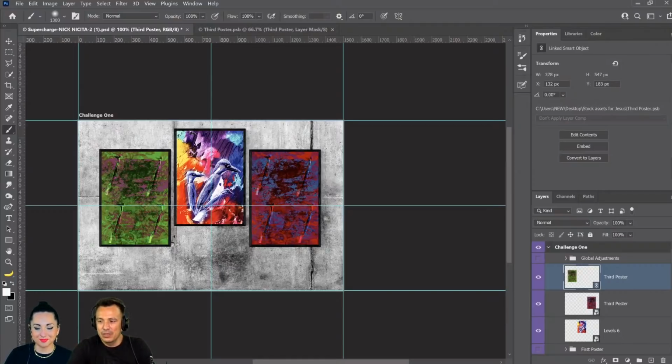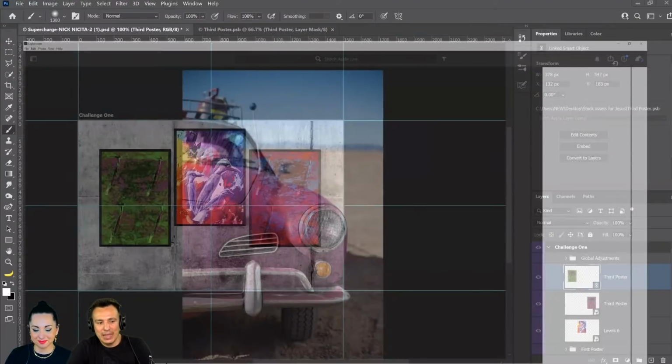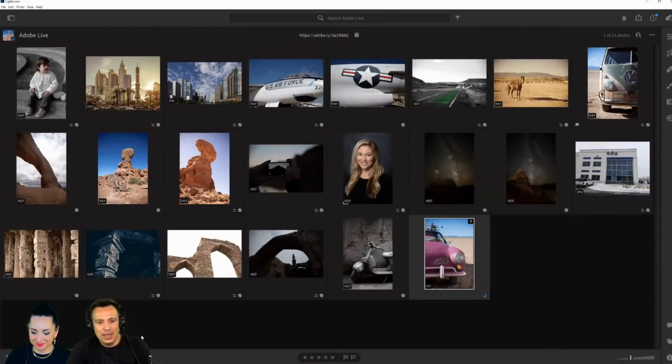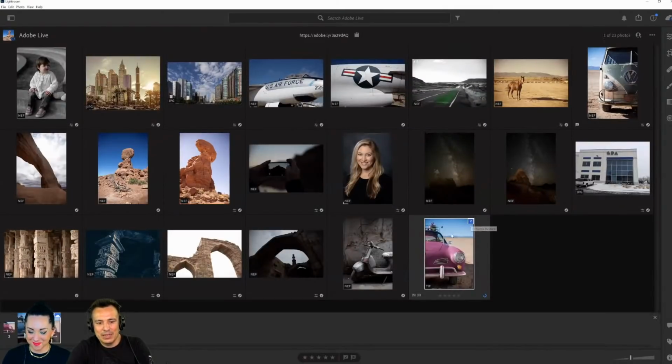Also, just so you know, in Lightroom, now when I open this up, you can see that, where's my car? Oh, here it is. You see that little number 2 there? See that? That just means that we have 2 versions of it. See that? We have the blue one and the one that has this little picture. That means that this is the cover of the stack, but this is not a raw image, but this one here at the bottom is.